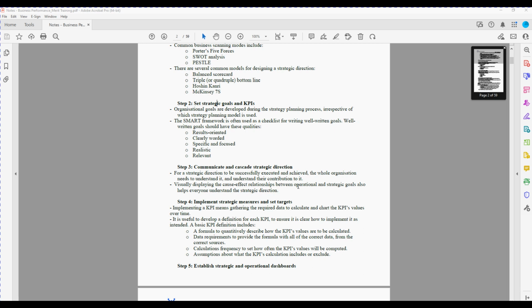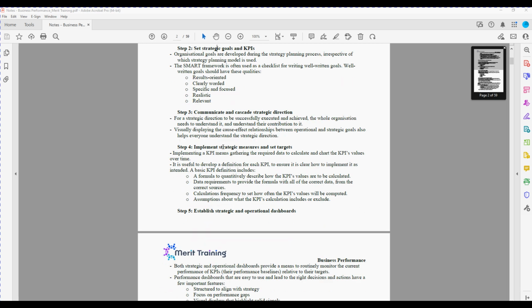It's also important when communicating this to the broader organization to clearly display the cause and effect relationship. For example, breaking down each team. For the sales team, saying, hey, if you hit your goals of these sales, that's going to result in this revenue, which is going to result in us being the number one player in the market and us achieving the goal. So you give them the lever that they can control in their part of the organization, and then you link it to the broader strategy and show how they're connected. That's going to motivate them. It's also going to encourage buy-in into the broader strategy of the group.